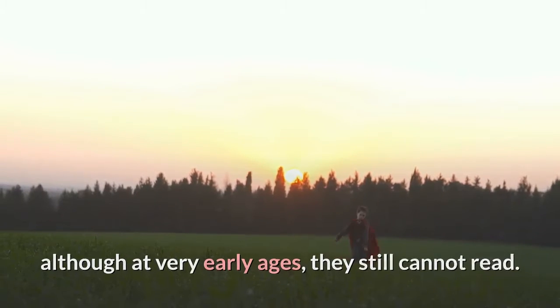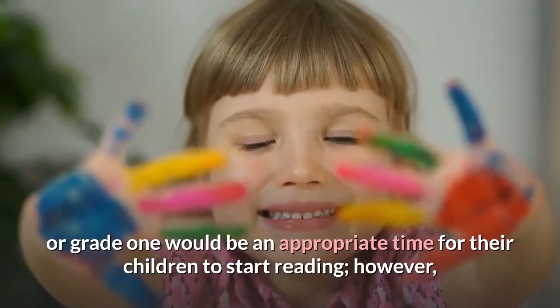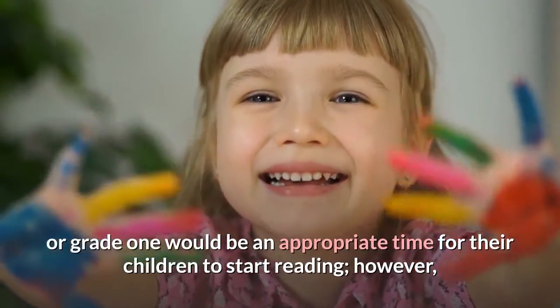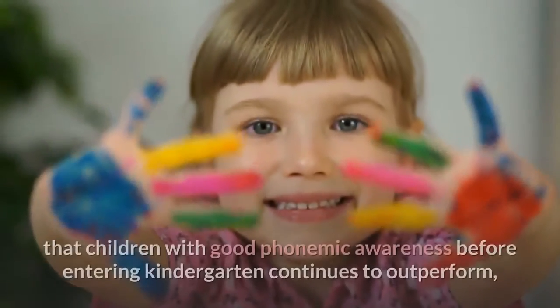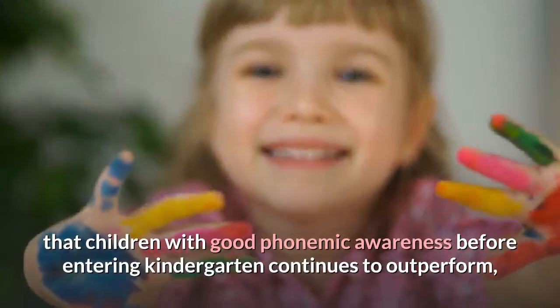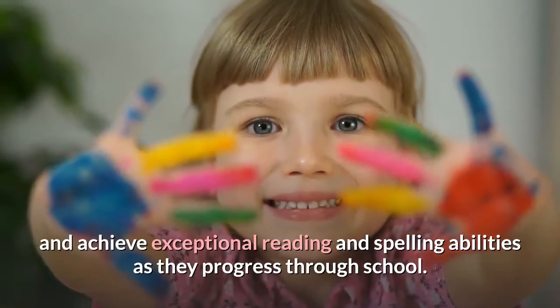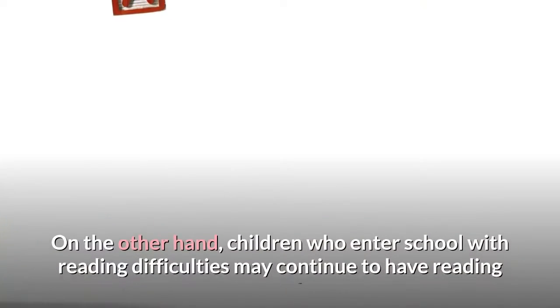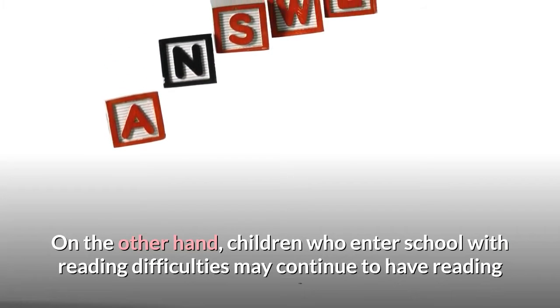You'll find that they'll start picking up books and pretend to read themselves, although at very early ages, they still cannot read. People typically think that kindergarten or grade 1 would be an appropriate time for their children to start reading. However, this is not the best approach, as studies have repeatedly found that children with good phonemic awareness before entering kindergarten continue to outperform and achieve exceptional reading and spelling abilities as they progress through school. On the other hand, children who enter school with reading difficulties may continue to have reading and spelling